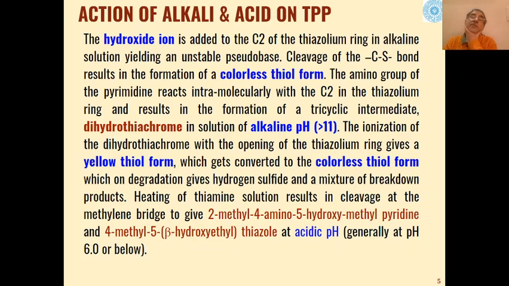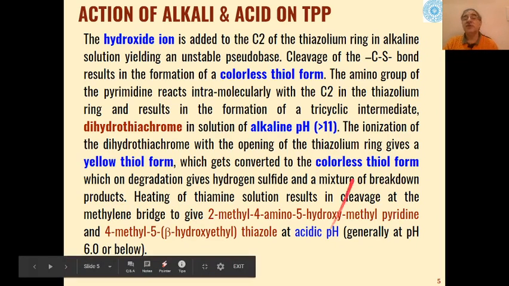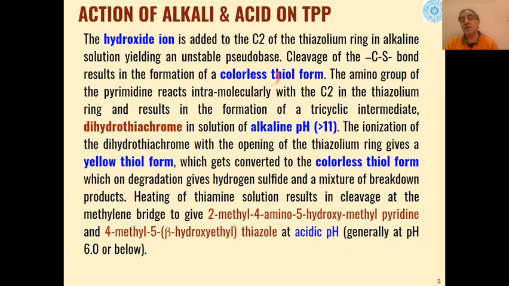Then action of alkali and acid on thiamine pyrophosphate. The hydroxide ions are added to the carbon 2 of the thiazolium ring in alkaline solution, which will yield an unstable pseudo base. Through this cleavage of the C-S bond, this will form a colorless thiol form, and the amino group of the pyrimidine